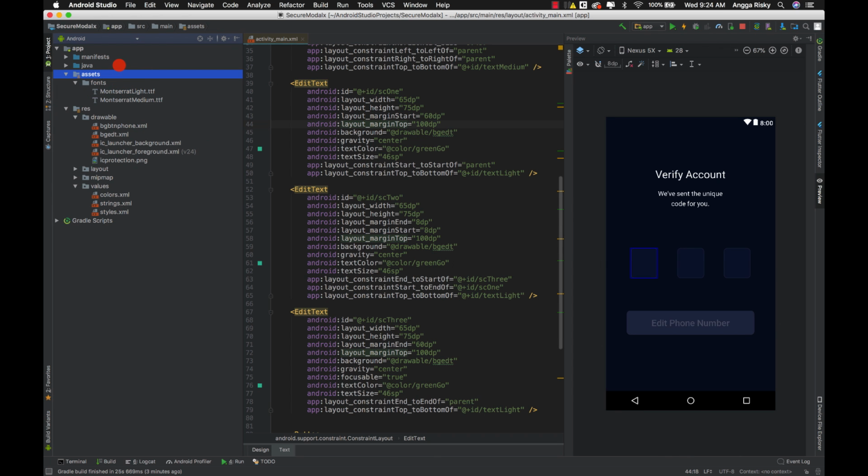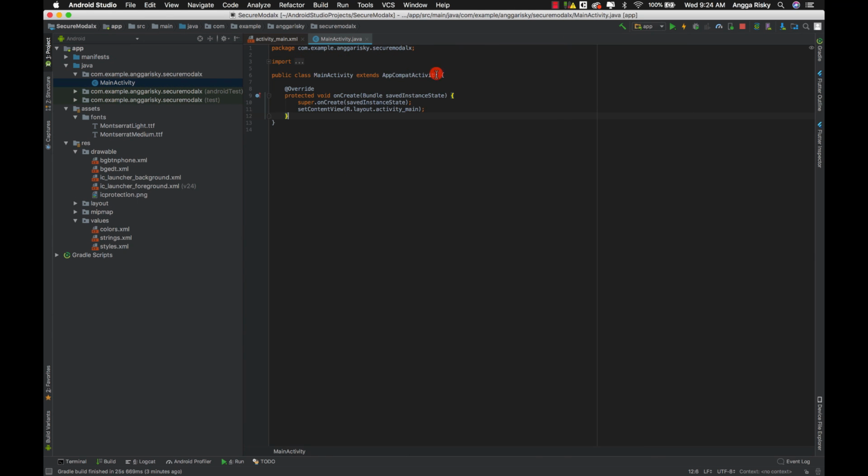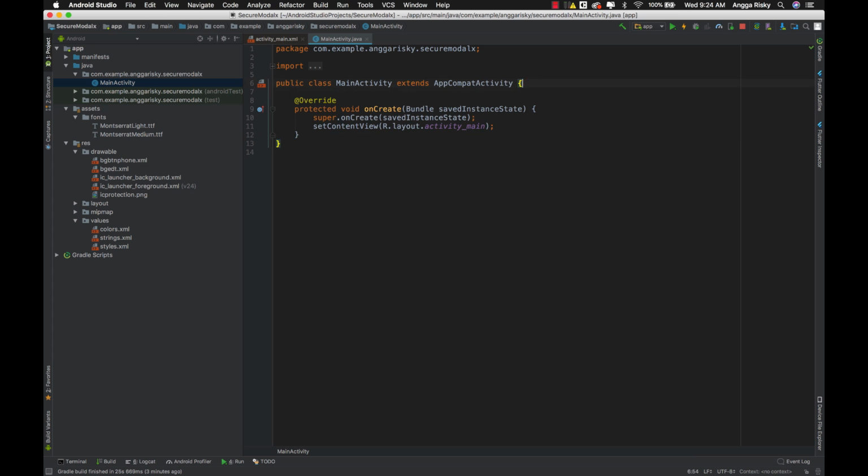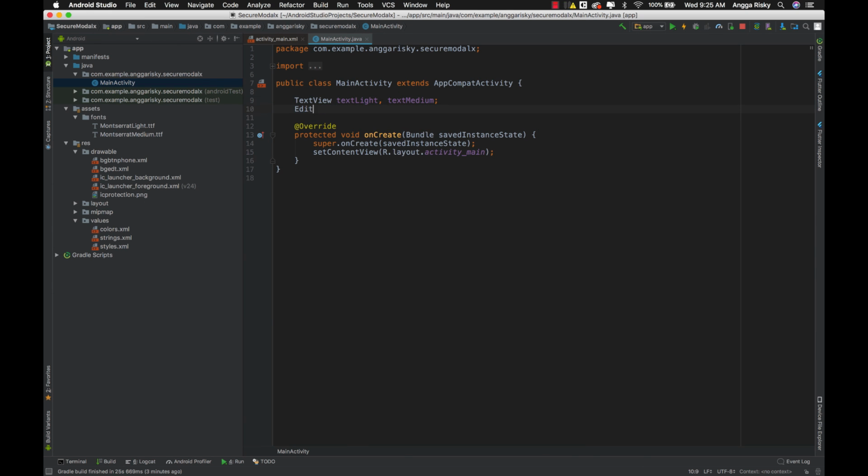Okay, and after that we have to go to Java, and then we have to register the font with the text view, text light, and text medium. Okay, and then add the text, which is SG1, SG2, and SG3.